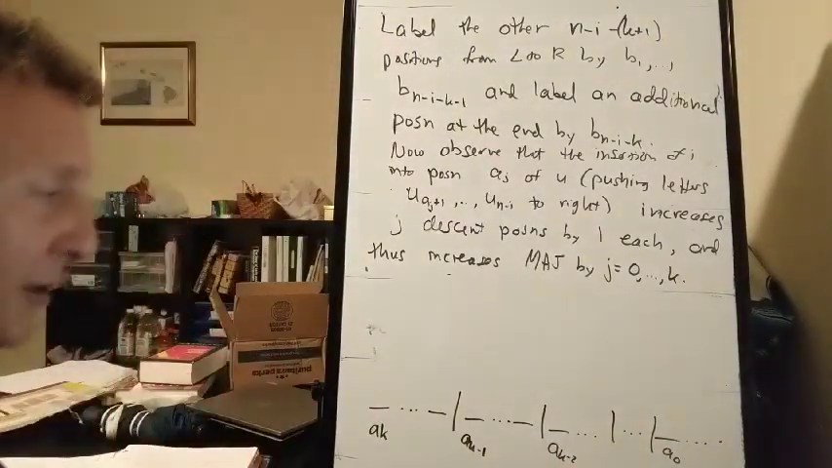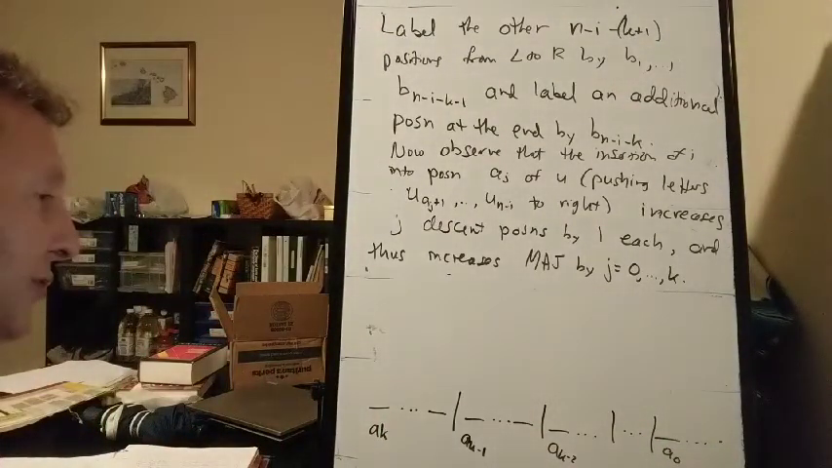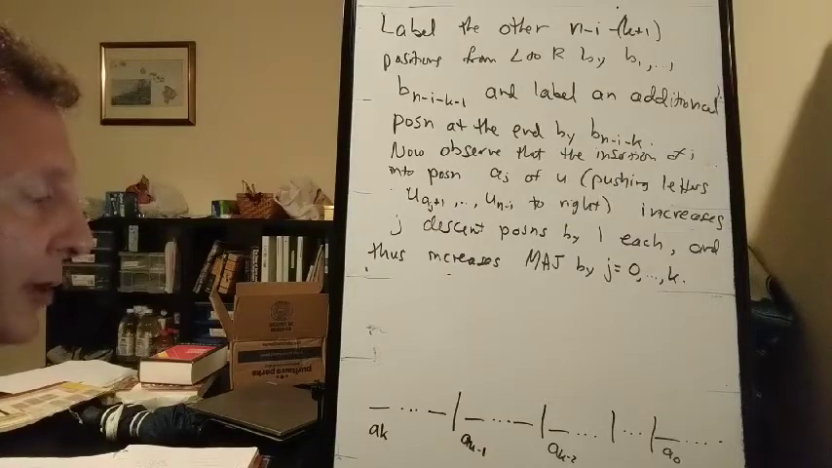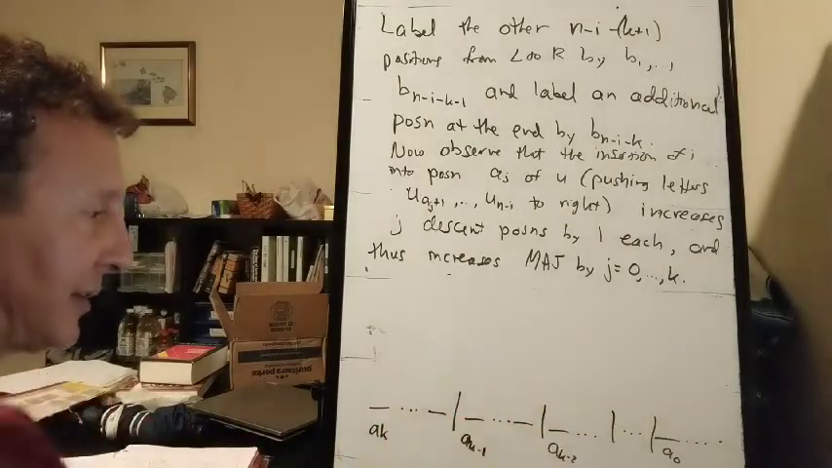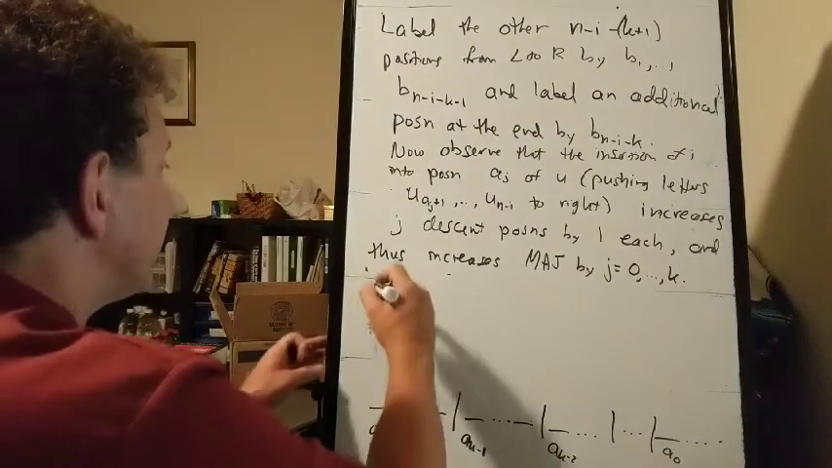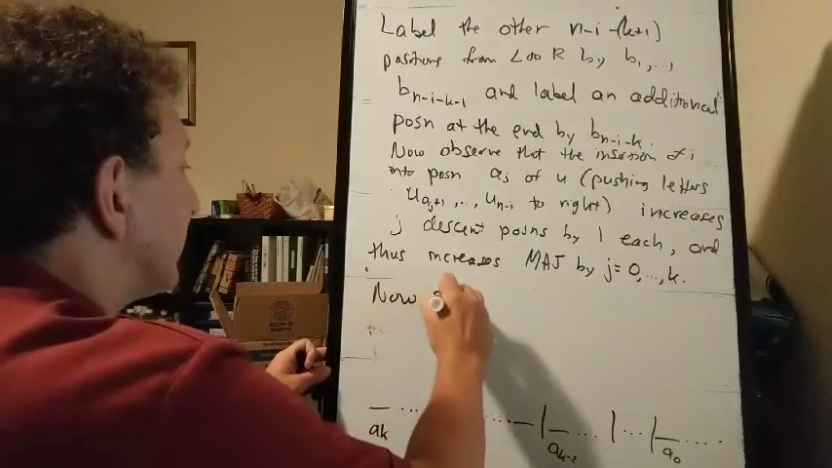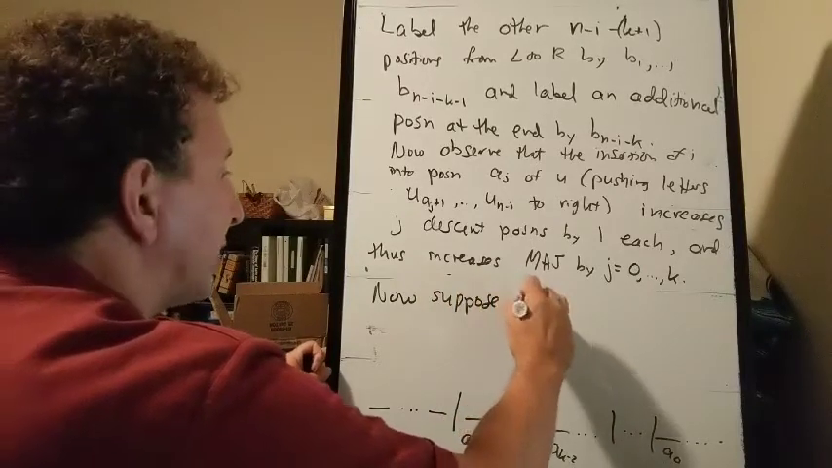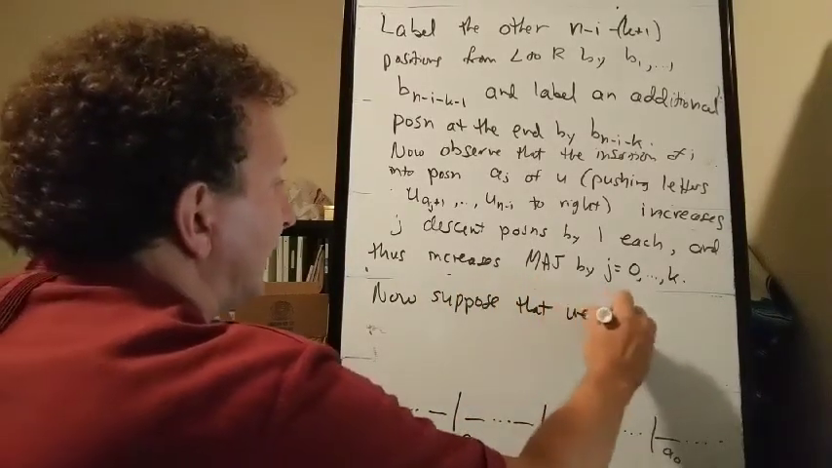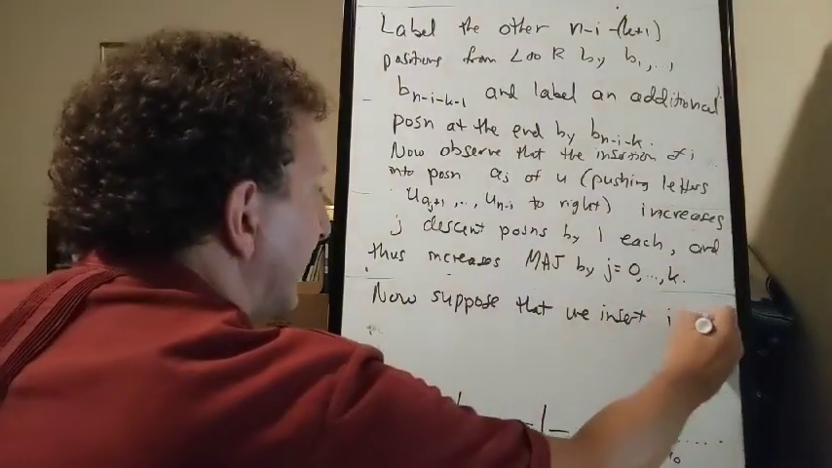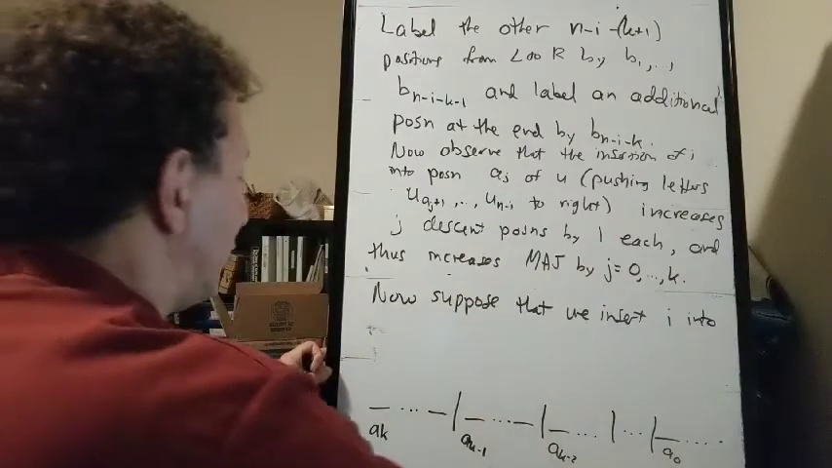All right, now the sort of tricky part. What if we insert the new lowest letter somewhere in the middle of an ascending run? Then we're creating a new descent and pushing several descents to the right, which increases each of them by 1. So suppose that we insert I into position